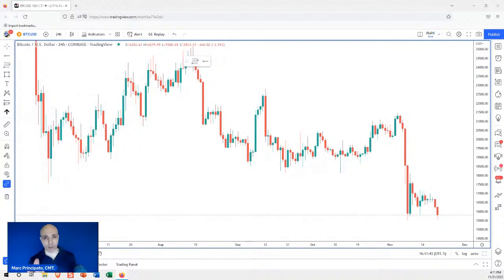I know of people who were doing this at 40K, and I warned them this thing can go to 20K. They said, no, it's not going to go to 20K. I wasn't saying it was going to go there for sure, but I said it's very possible. You're taking a lot of risk. We're breaking supports. We should not be doing that. They said, what do you know? You're not even a big guru. I don't listen to real gurus. I listen to fake gurus because they tell me what I want to hear. Okay, have fun with that. All I know is I'm not caught. Thanks for the advice, when I listened.